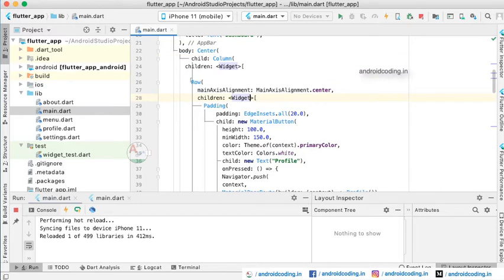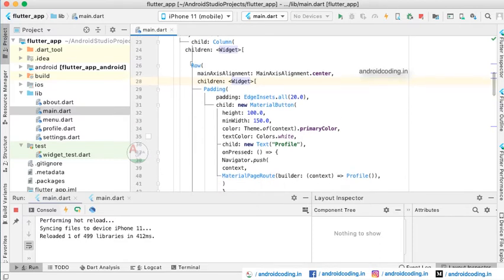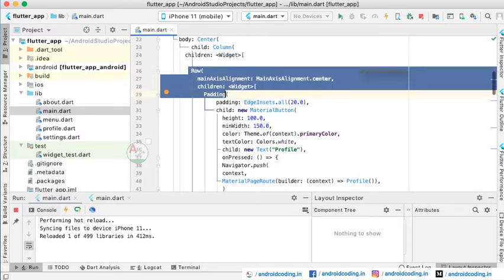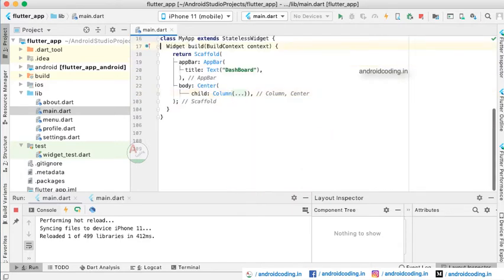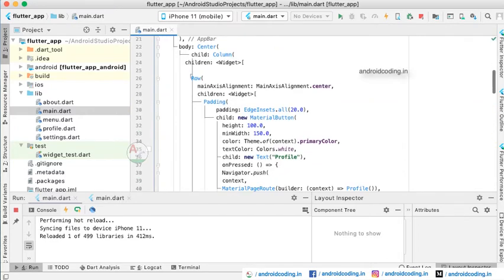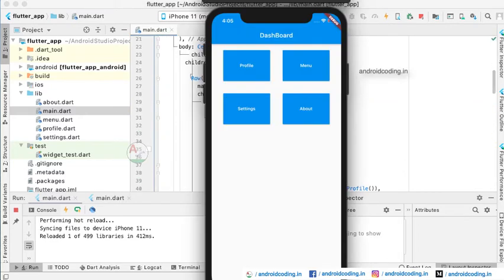But here we are making a dashboard. A dashboard may contain one or more buttons, so we are following this hierarchy. Inside this column we are again considering a row. To give you better clarity, our entire body is wrapped under this column only. The four buttons you are seeing here are inside this single column, and inside the single column we are taking multiple rows. The rows are in horizontal direction and columns are in vertical direction.